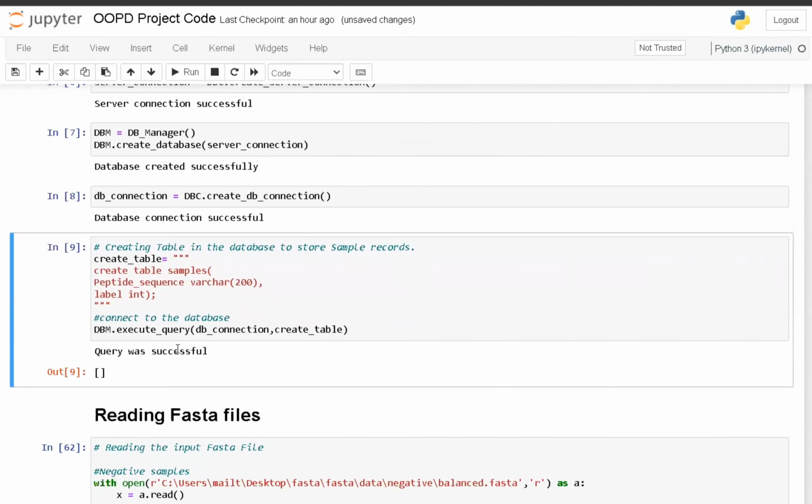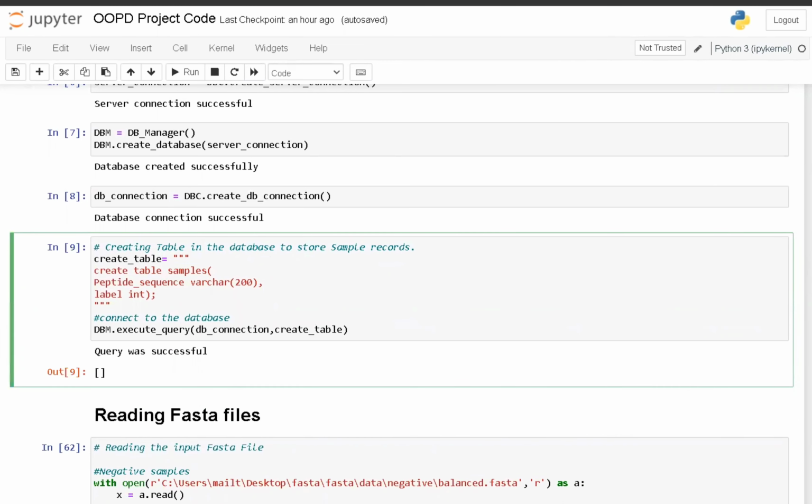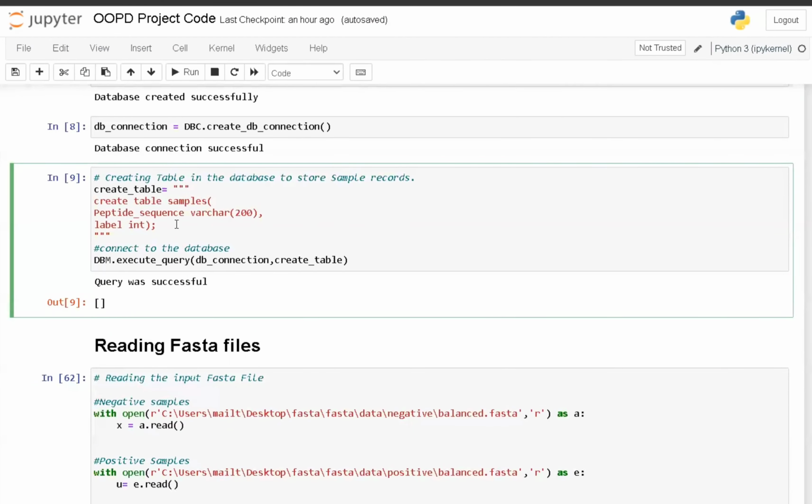Next, we create a table in the database to store the sample records, named samples. So till here we have created the connection with the database, and we have created different tables.